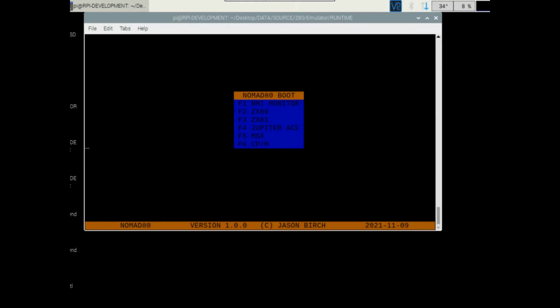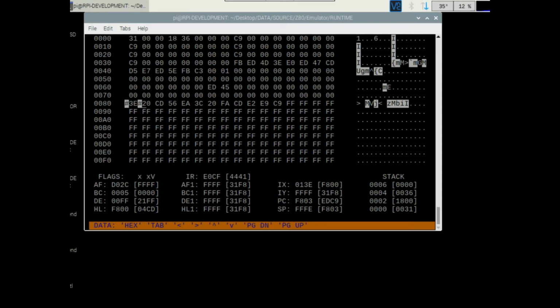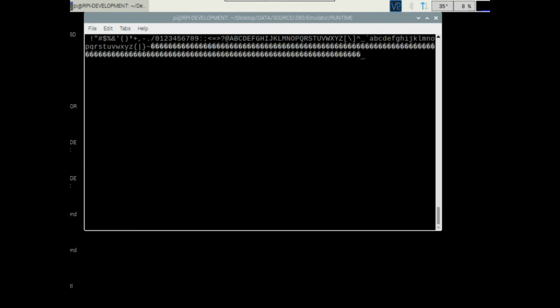These colors that you see on the screen here, in my previous video I was saying how they weren't being supported, but I've got another issue with these terminals. If I press F1 on my Nomad computer, I go into my monitor, and there's a program I've got at 0080, just a quick demonstration program. If I press G to go, you can see the character set being displayed from my Nomad 80